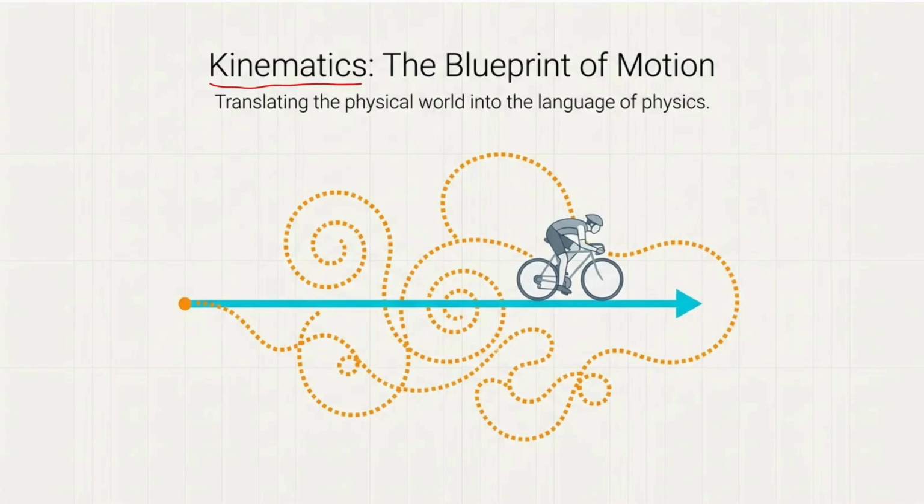Today we are going to translate the beautiful, chaotic motion of the physical world around us into the precise and elegant language of physics. So here you see a cyclist going straight, but we do not always go straight. If we want to go somewhere, we take a path like this, and then move like this, and take this kind of road, okay? As I show on the orange map. Now,